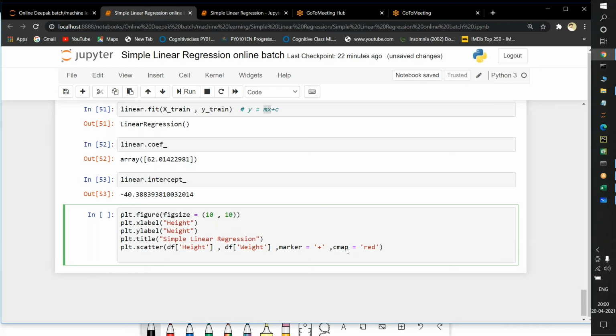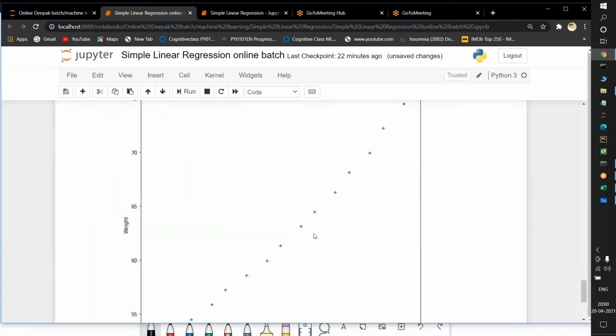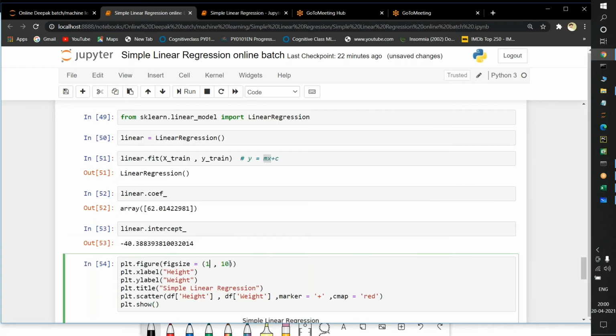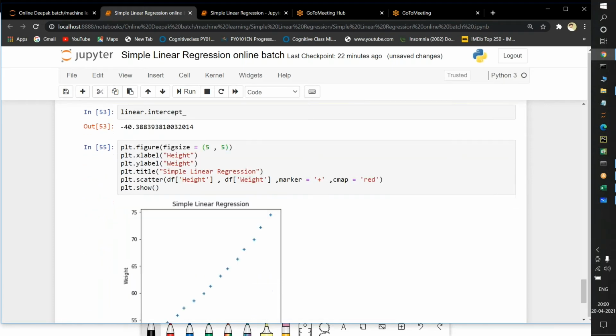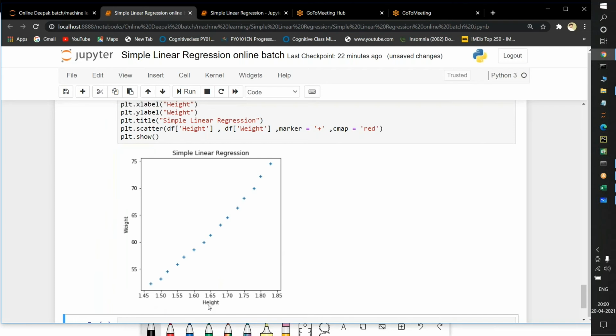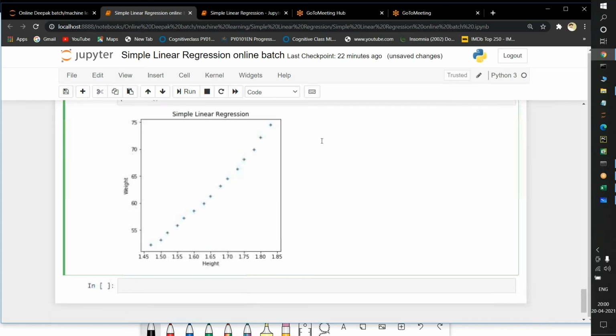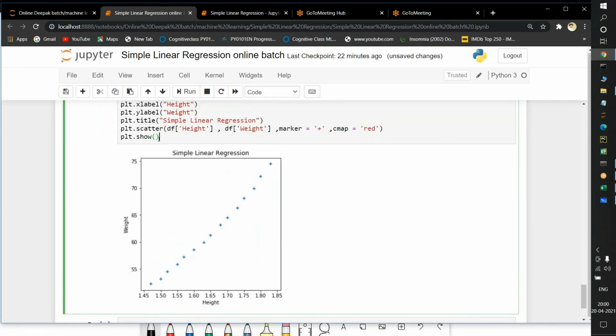Now I am just executing the code, and we will see it with plt.show. If I execute this one, the image size is very large, so I am just reducing it. See, this is the image size. For the height and weight, see how the data is lying here. Now, this is the scatter plot only, no? Now we will apply the scatter plot and also apply prediction values.